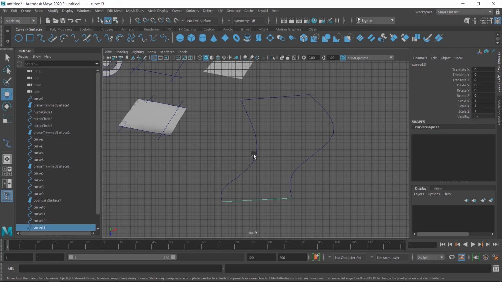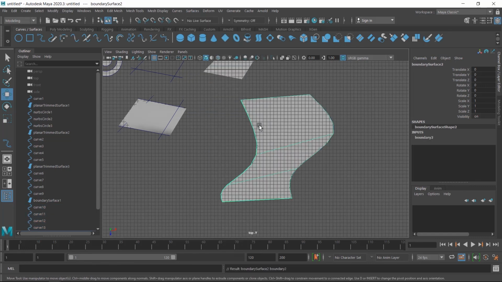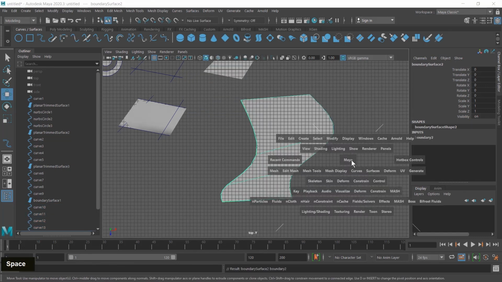Now these curves are precisely created, and if you want to apply boundary tool, boundary will create it precisely like this.